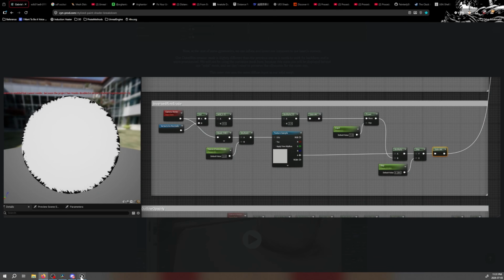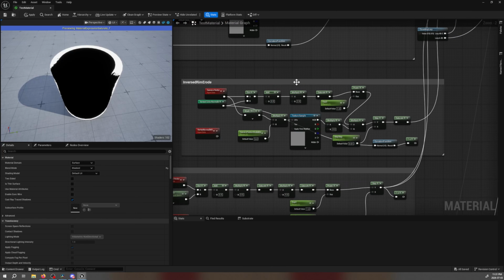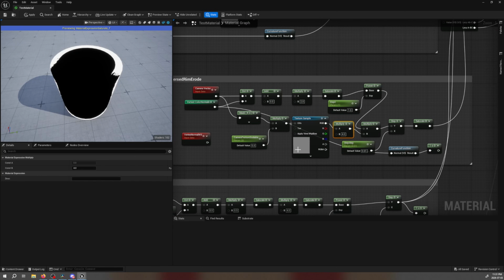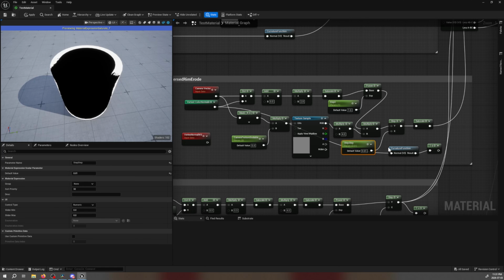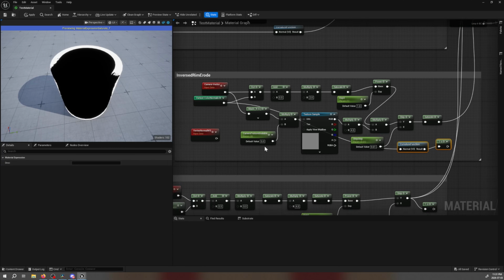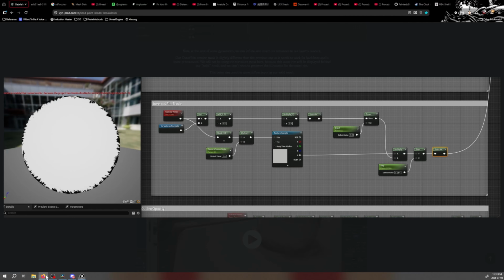My reverse rim erode wasn't turning out too well, if you couldn't tell already, but this is what I came up with. This multiply wasn't there, and probably something else that wasn't there too. This used to be 0.284, now it's 0.01, and this goes into nothing, so you don't have to copy that. And this used to be 2, but it's 5 now. And next